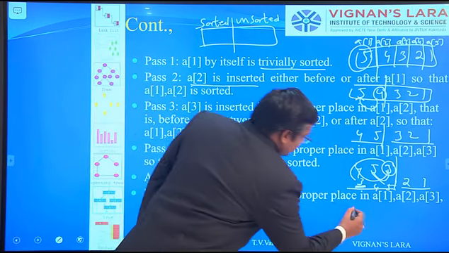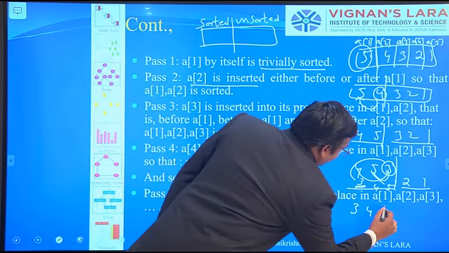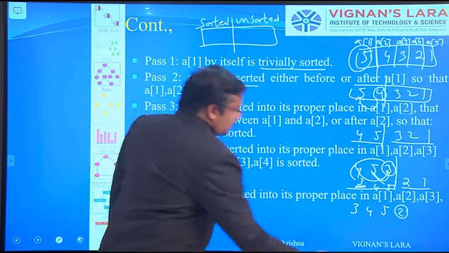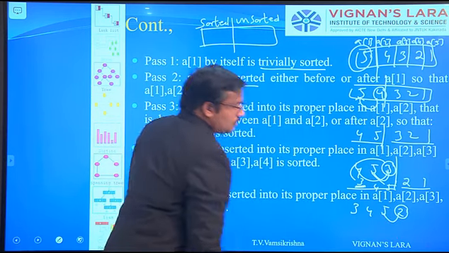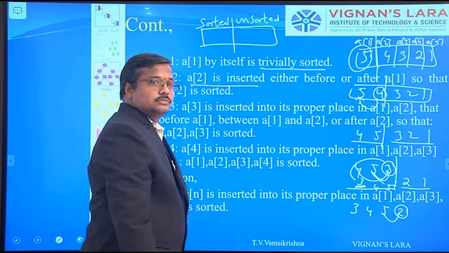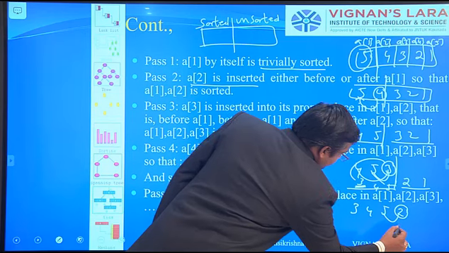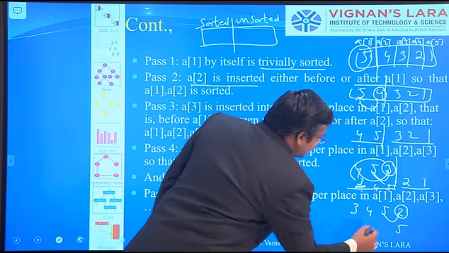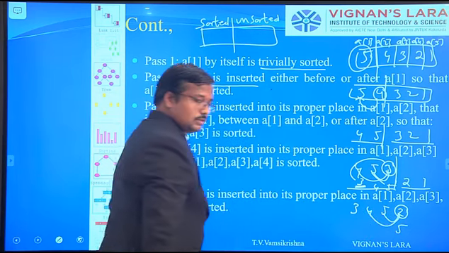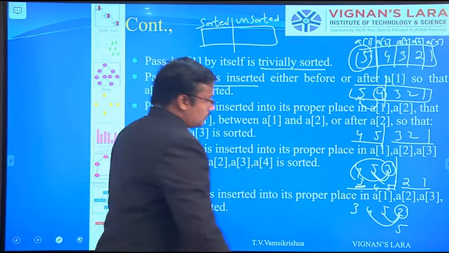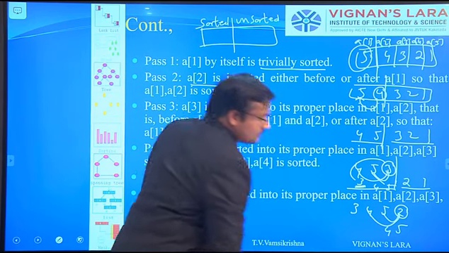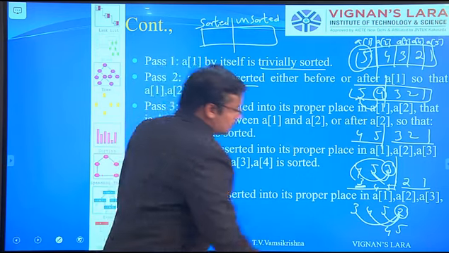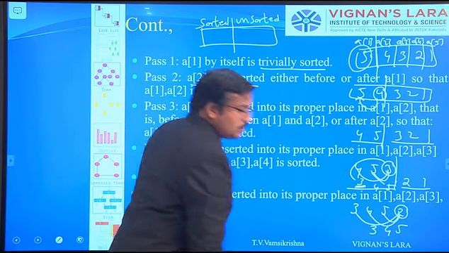In the next case, you can clearly observe: 3, 4, 5, 2. At this time 2 is our element. Compare with 5. It is not the right order, so 5 is copied here. Next, 2 is compared with 4, and 4 is copied here. 2 is compared with 3, so 3 is copied here.